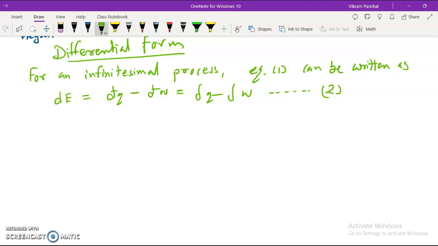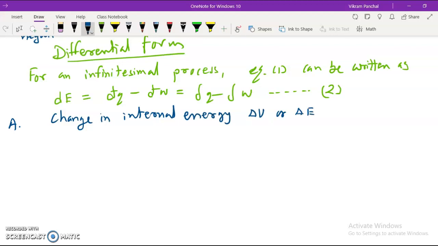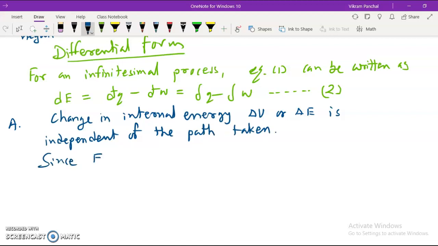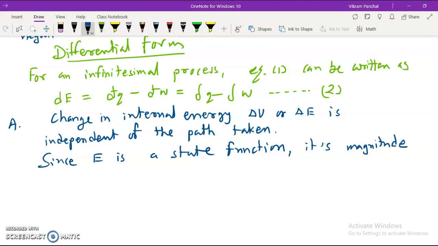The first one, changing internal energy, delta U or delta E, is independent of the path taken. Since E is a state function, that means E does not depend on path. Its magnitude depends only on the state of a system,